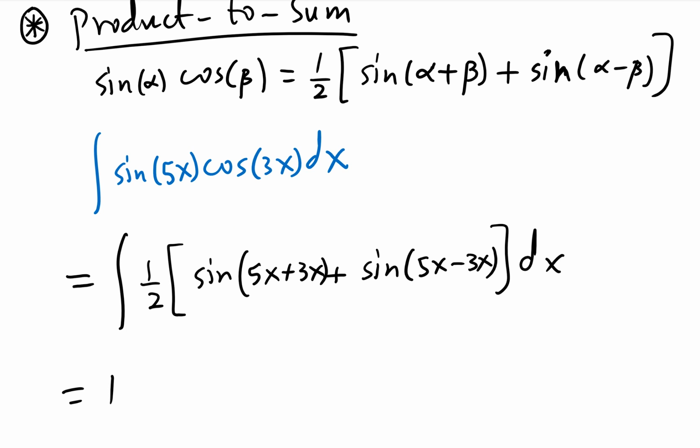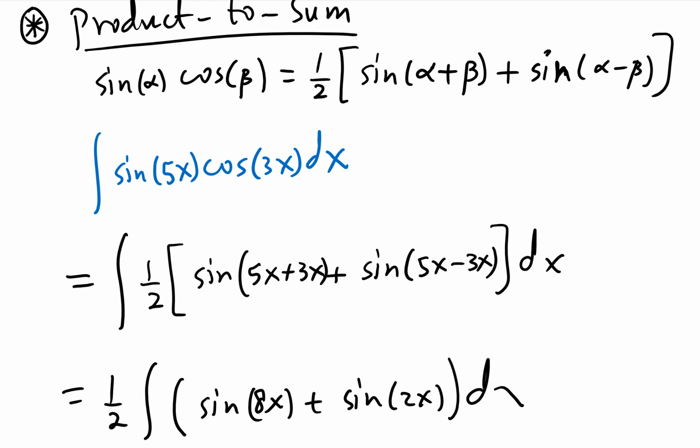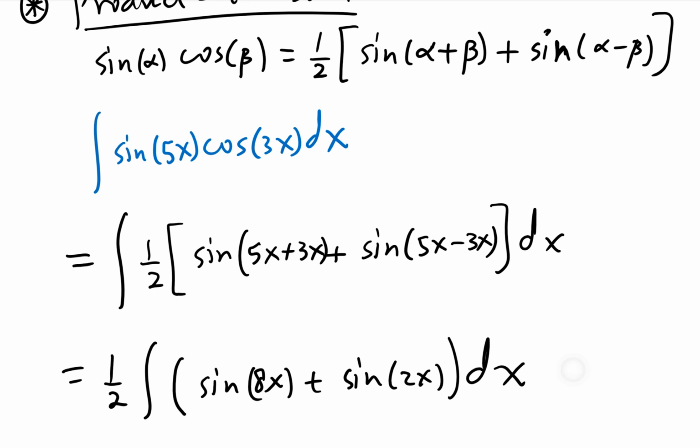And that would give, pulling the 1/2 out, sine 8x plus sine 2x. By using a product to sum formula, it turns the integral into a simpler version of it, where